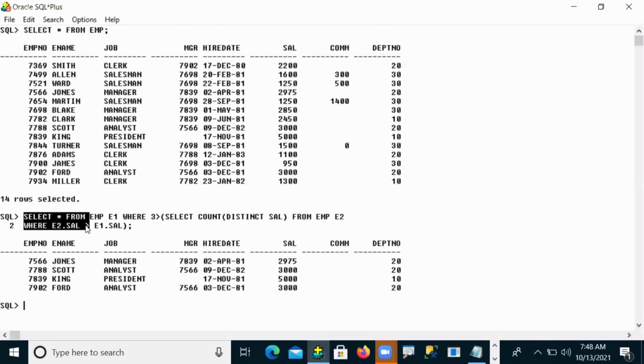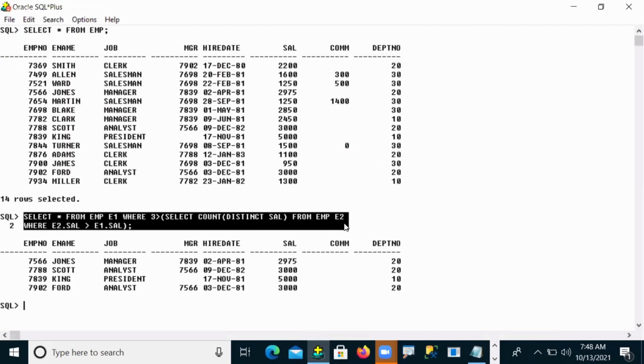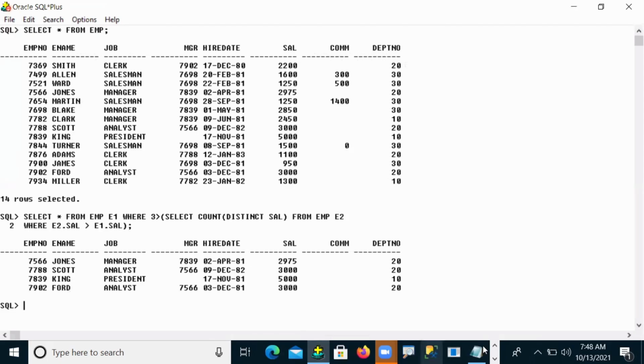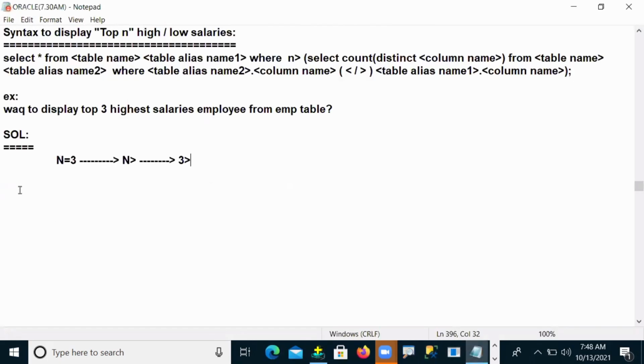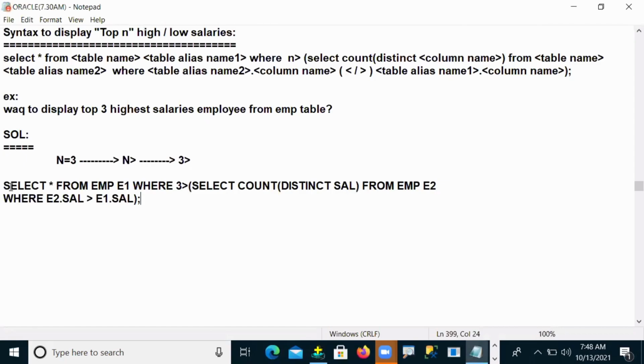In the same way, suppose I need the lowest salaries. What do we want to do for lowest salaries? We don't want to change the formula, because some people think like this: sir, here lowest means 3 less than. But this is your fixed formula, guys.